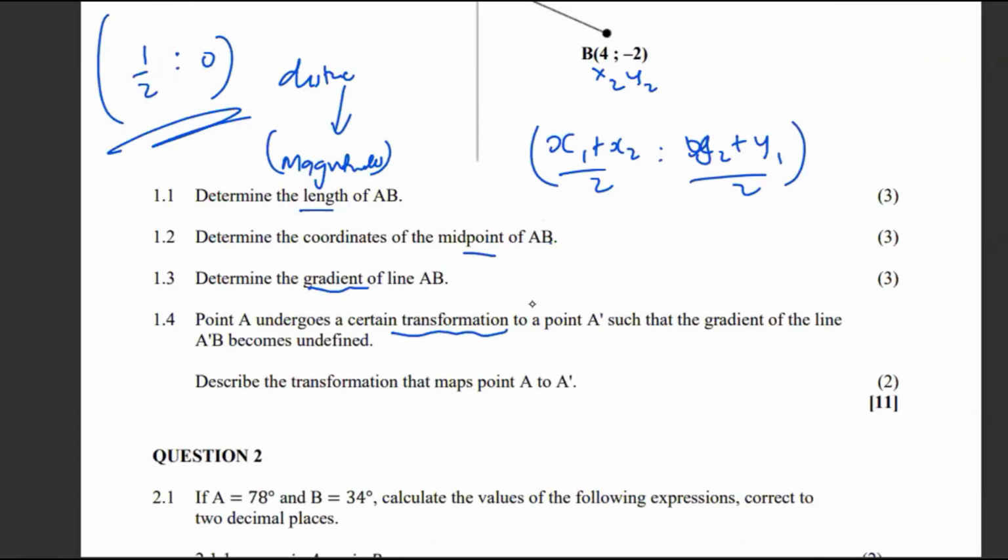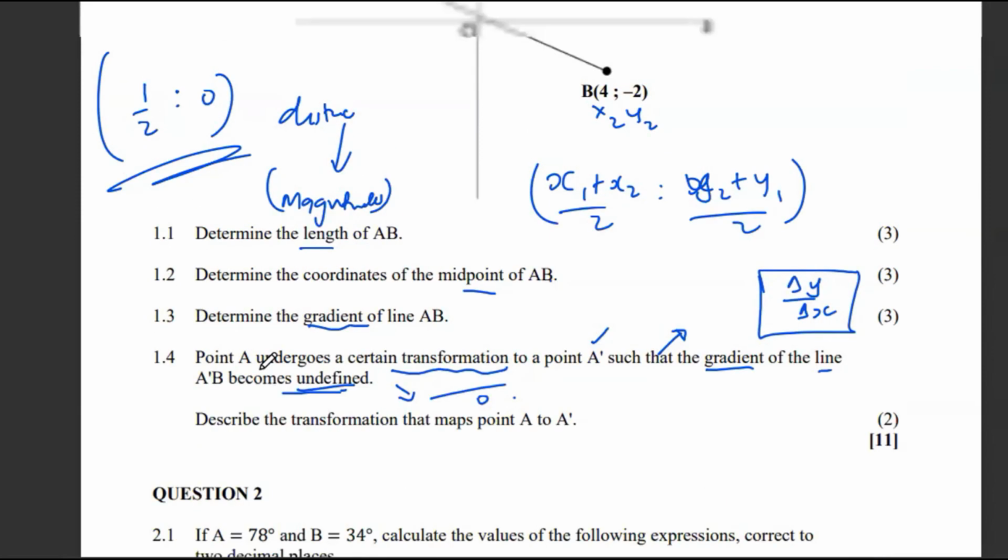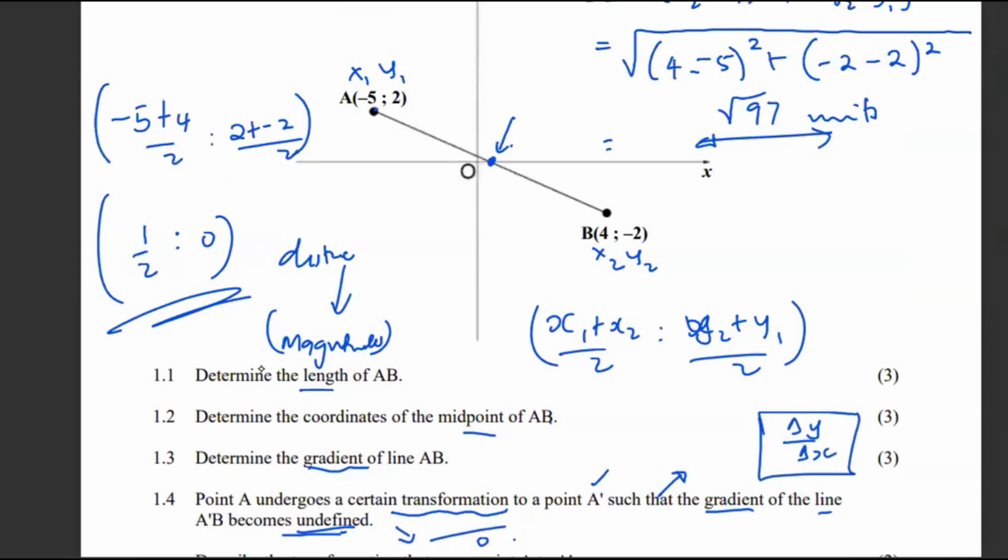So transformation is more like a change, okay? So that gives us A prime such that the gradient of the line A1B becomes undefined. Now remember, we know that something can be undefined when the denominator is what? Is a 0. From the formula of the gradient, we're saying change in y over change in what? Change in x. So this bottom part must give us a 0,